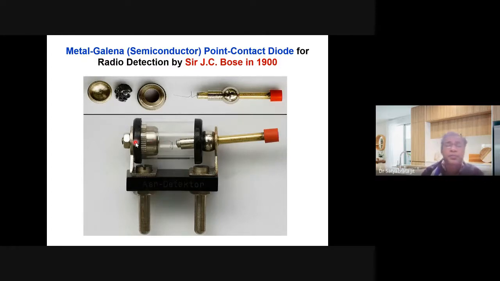And then by applying a potential between these two terminals, Sir J.C. Bose observed that the current in one direction was higher, and in the other direction was significantly less. So in other words, we can say that he observed the IV characteristics of a Schottky diode of today's devices. At that time the terminology was not there, so this is known as the point contact